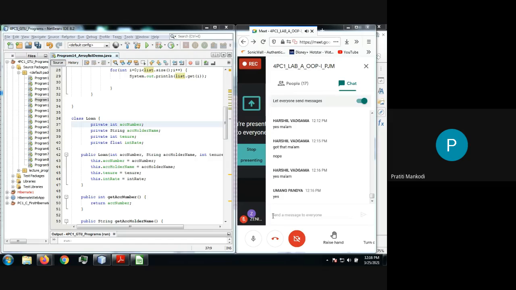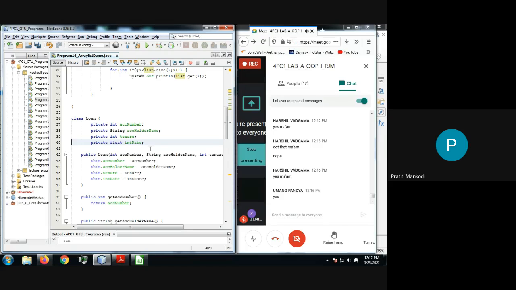Beans are very simple classes having only getters, setters and constructors, nothing else. No business logic will be inside the bean class, and this is actually a POJO class. POJO is a plain old Java object. If you say a bean class or a POJO, both are one and the same as of now, right? So this is a simple loan, a user defined class.